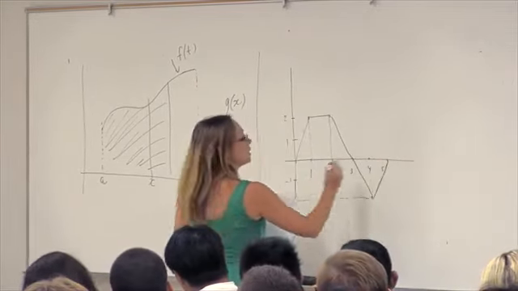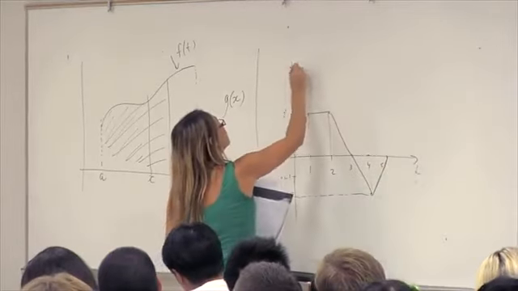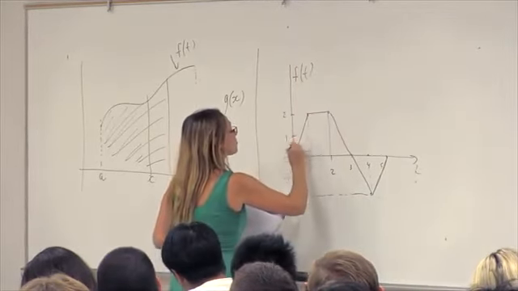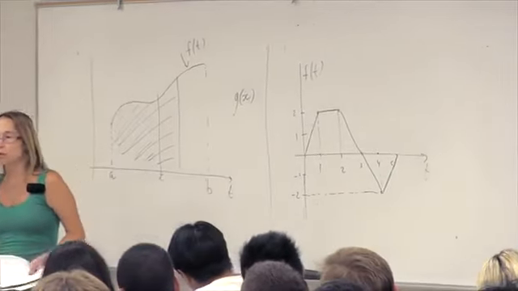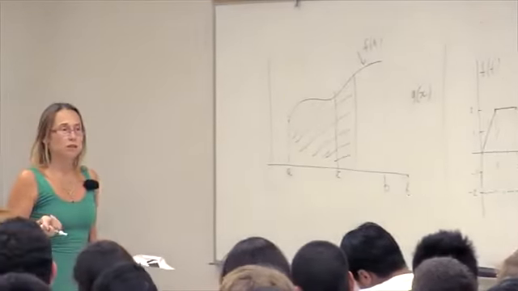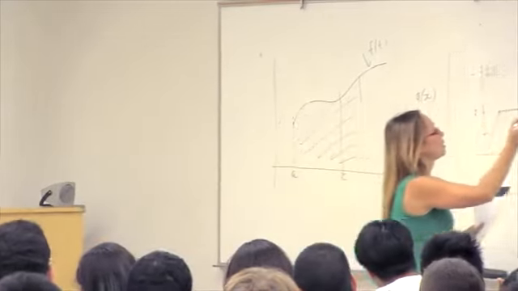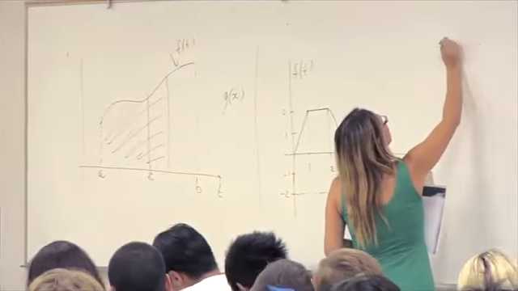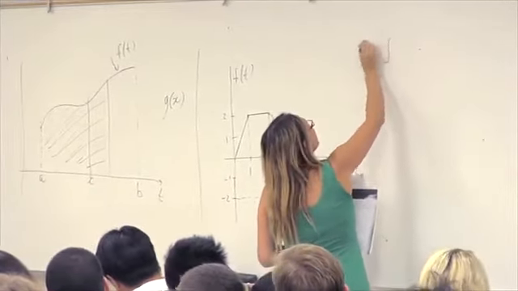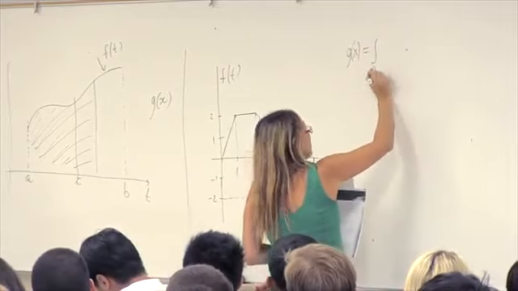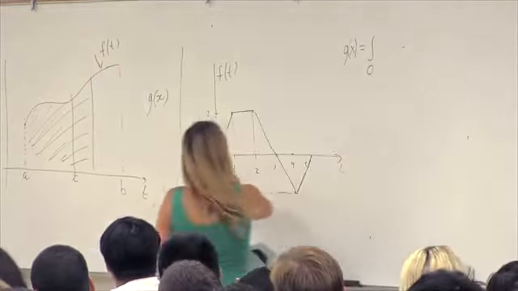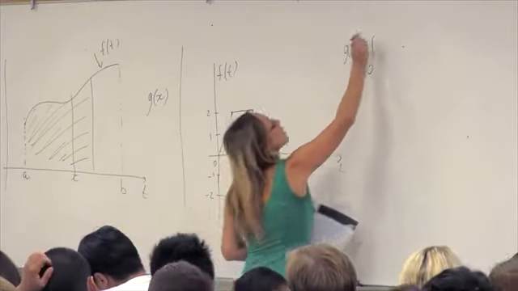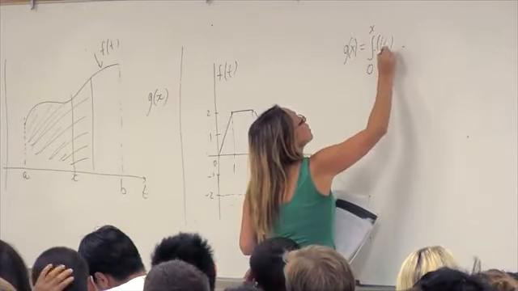Like this, okay? This is t, this is f of t. And given the function f, we're going to draw the function g. Again, the definition is given here. And instead of a, I can write 0, okay? It starts at 0. Integral of f of t